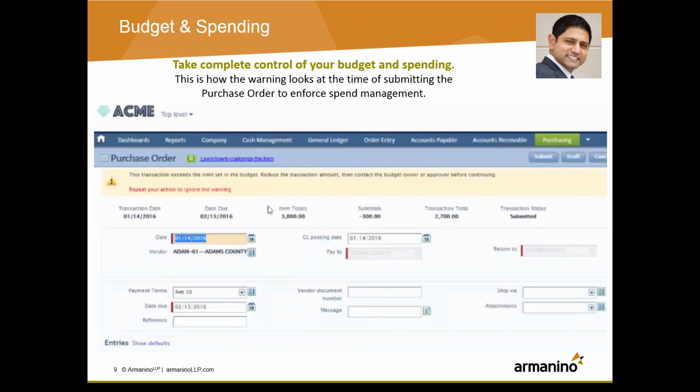So this example right here, and I know it could be a bit hard to see, but we've got a purchase order here for the Acme company, and as you can see, based upon certain line level criteria such as the amount, maybe a department or a location tag, it's going to go ahead and state a warning up top that says this transaction exceeds the limit that was set into the budget. Based upon that limit, it's up to you to actually reach out to that budget owner to either get approval prior to continuing or actually have that budget owner make an adjustment to that budget.